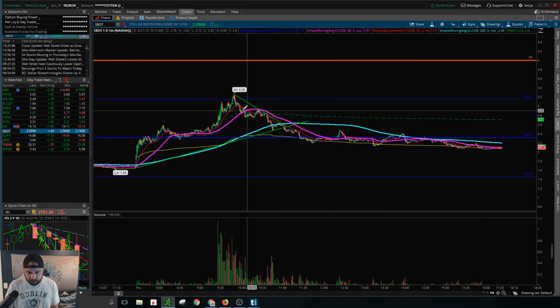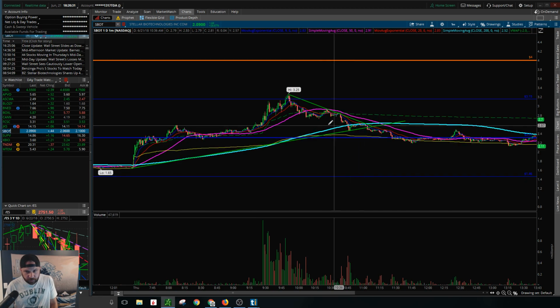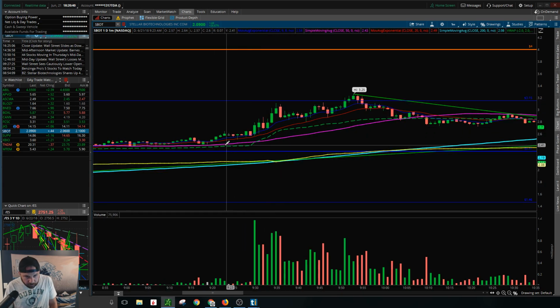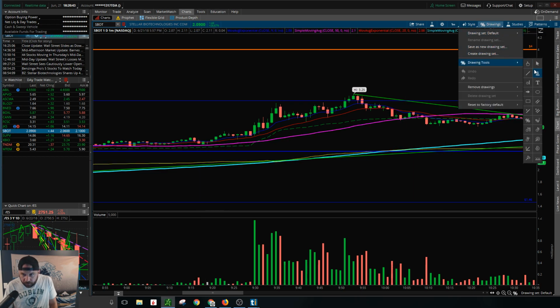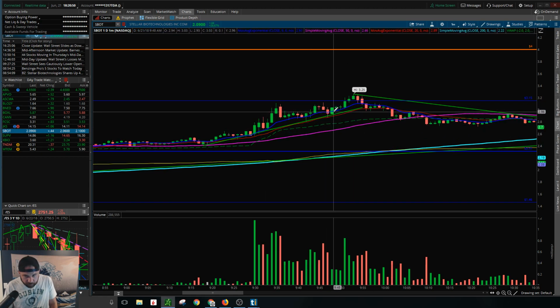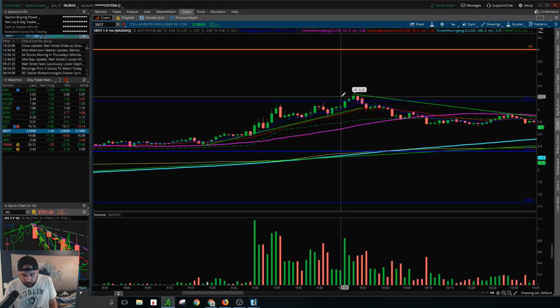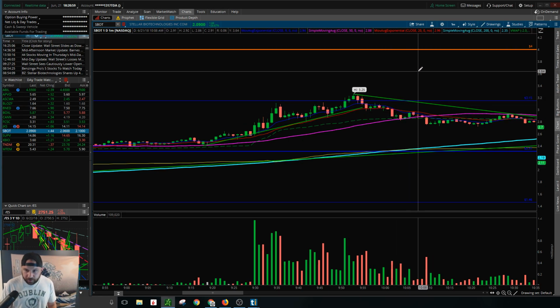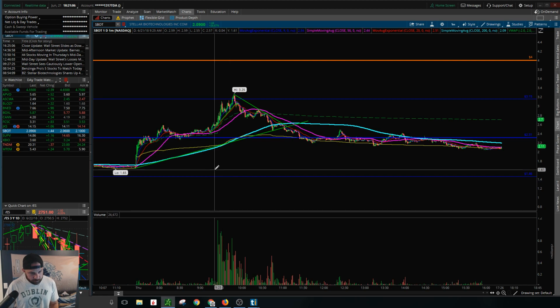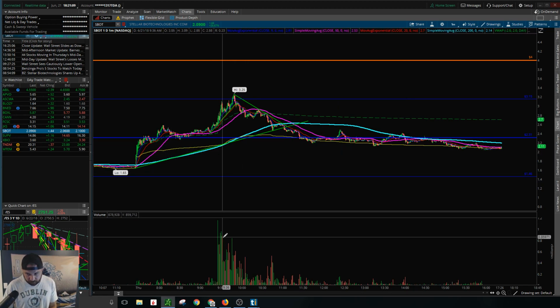We got SBOT. This one was nice. I actually did get a trade on this one today. SBOT pulled back, so right at 930. This is what happened on SBOT. I think I deleted my trend line. So you got a pullback right here to this trend line, popped, and then dropped. It got above this 315 for a hot second, pulled back, and massive consolidation, grinded lower, even below the breakout fib level. So ton of volume in the morning,